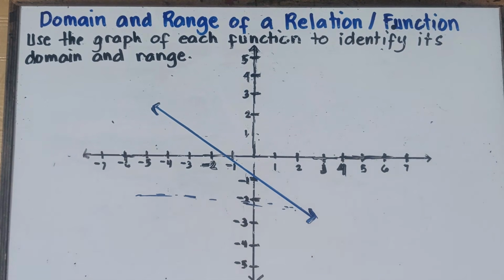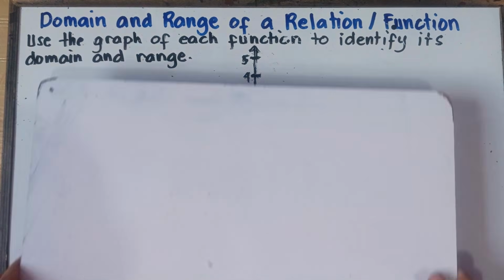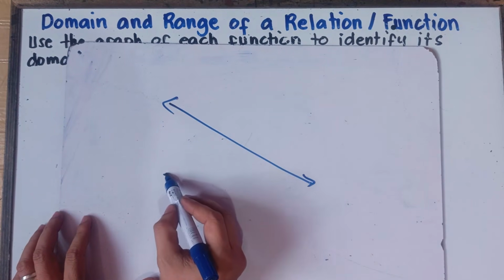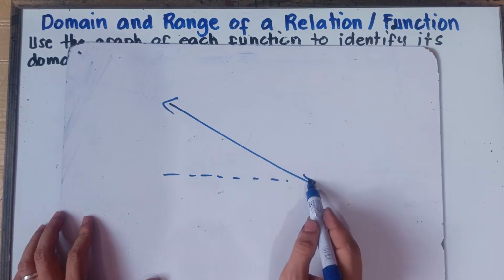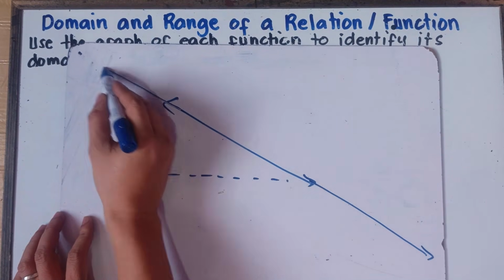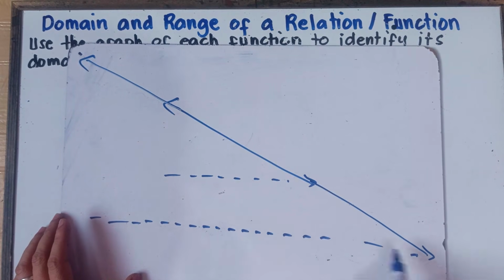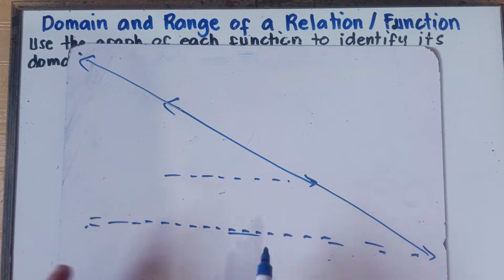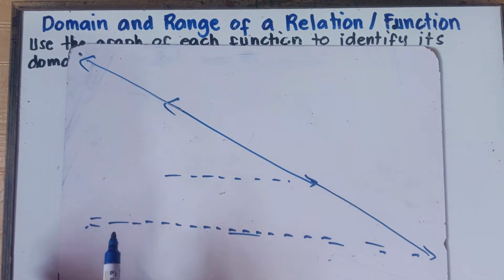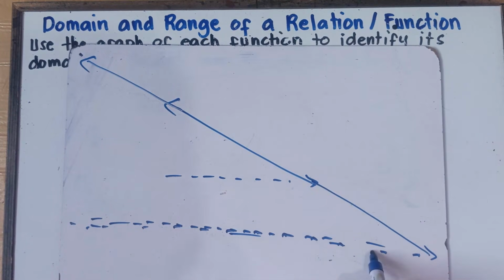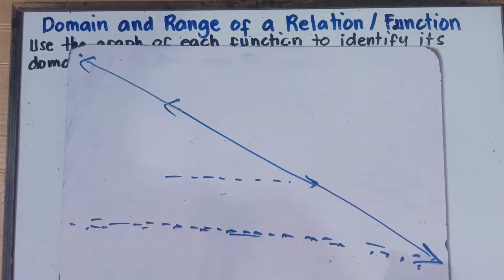Let me just draw this one, class. If you have given example like this, you have this line. Of course, class, the horizontal distance, this one right here, right? Now, since we have an arrow, therefore, it will extend infinitely. So all of the numbers will be included. Horizontals will be negative infinity up to positive infinity. Why is that, sir? Because all of the numbers will be included. Because this is an arrow, it means it will extend infinitely.